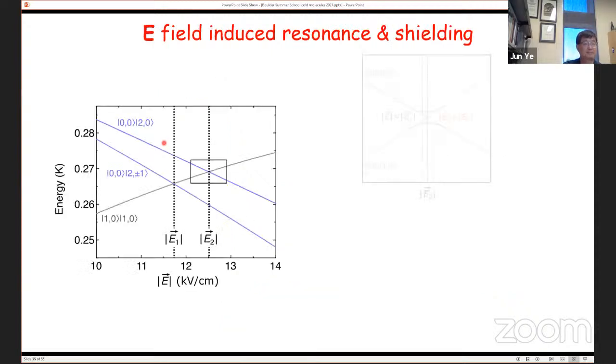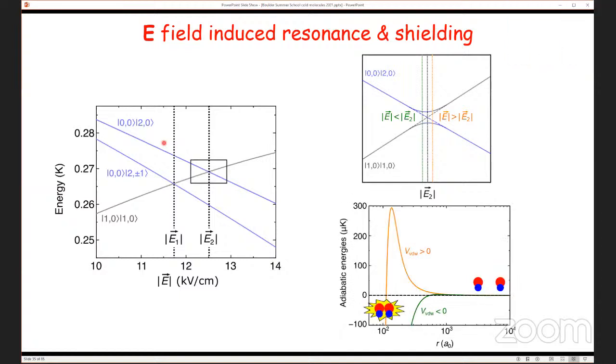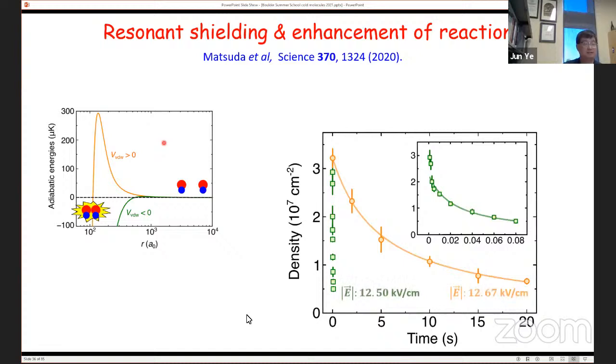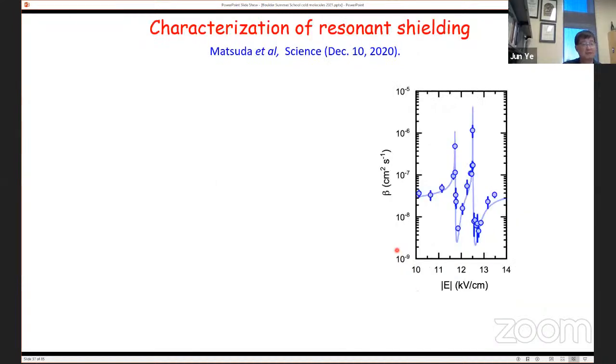Make sense? Yes, thanks. Okay, so this is a very dramatic effect. And in fact, what's really so interesting is this: we are changing the electric field by less than 0.1%, or 0.2%. And you can see this dramatic difference in the time scale of the reaction loss by 3 orders of magnitude. And so if you plot this as a function of the electric field,